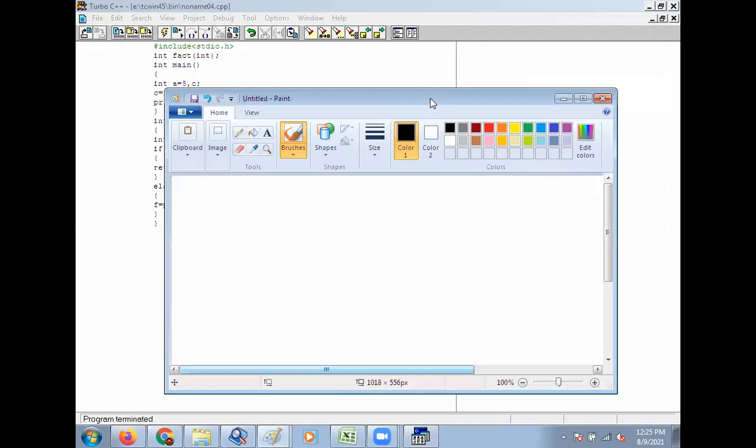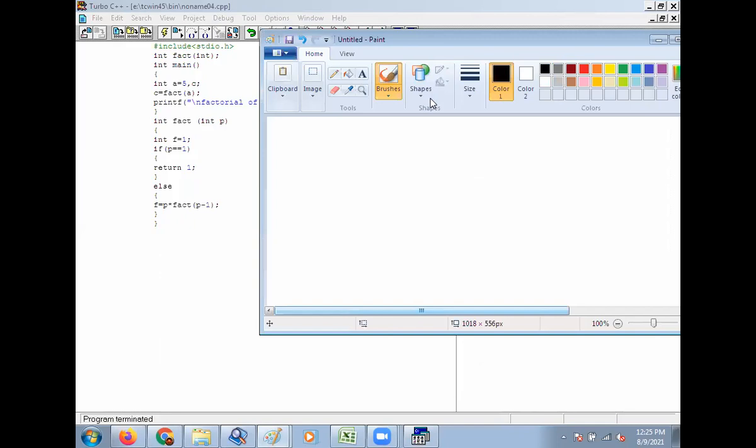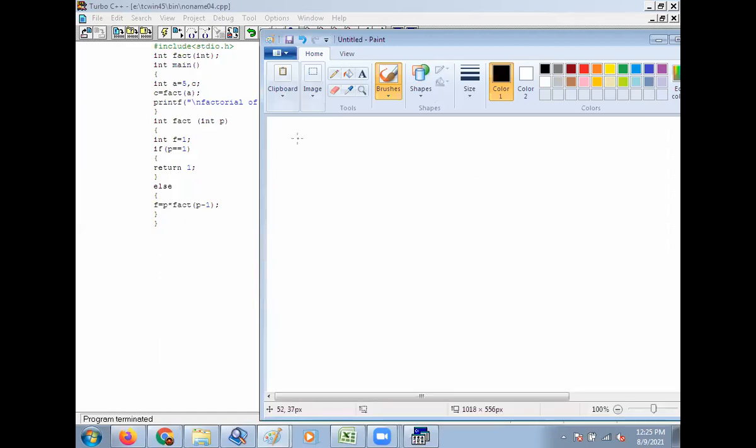See here, in this code you have declared, in the first step, p is equal to 5, f is equal to 1. So check this condition, p is equal to 1.